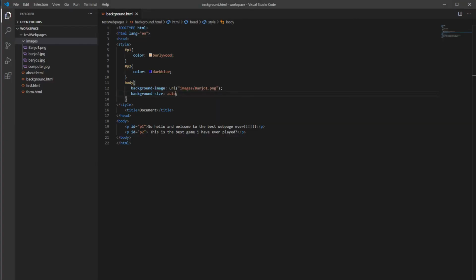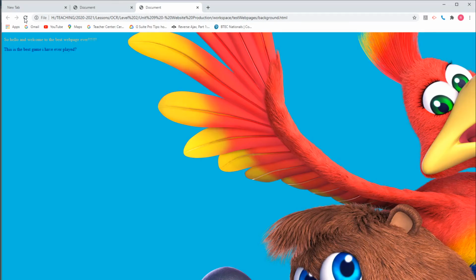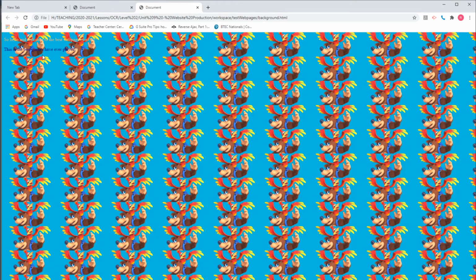So instead, let's change it to contain. Now, if we have a look at what contain does, you'll see that it's managed to contain a lot of it on screen. So it shrunk it down so it can fit in, but it's repeating a lot. So if you can see, it's got lots and lots of different repeats. Now, if you want to stop the repeat, which you can do,